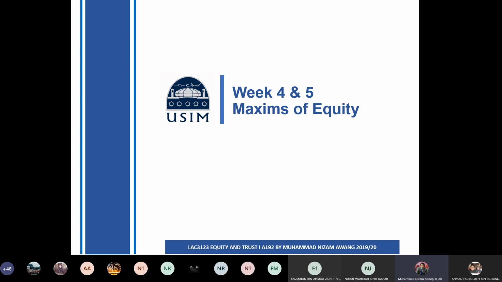Basically, maxims are just guidance and not binding upon the judges to follow. Maxims are created by the judges. So there are some important points that you have to bear in mind when we use a maxim in a particular dispute or in a particular case law. Number one is maxim is not binding until it is applied to the parties of a dispute. Number two,